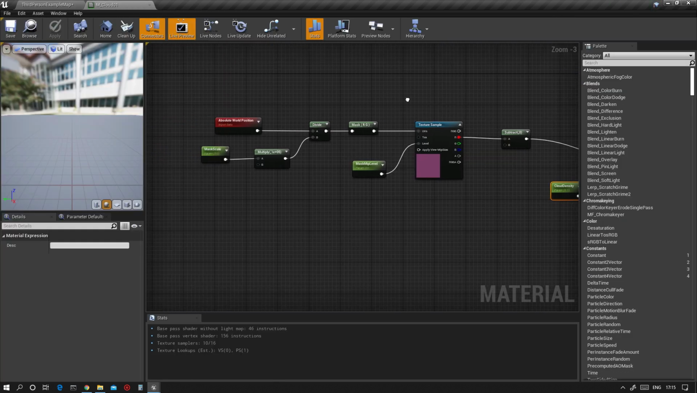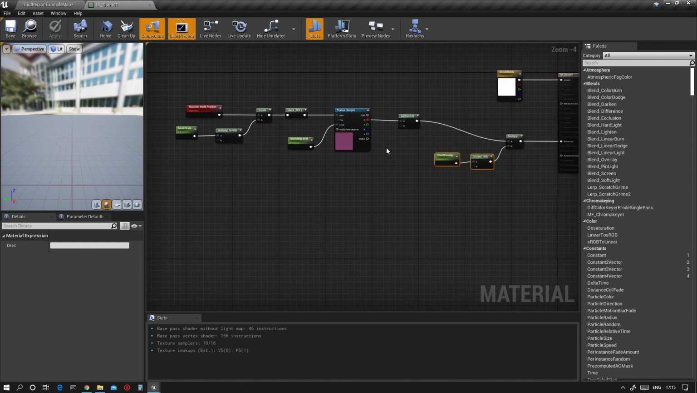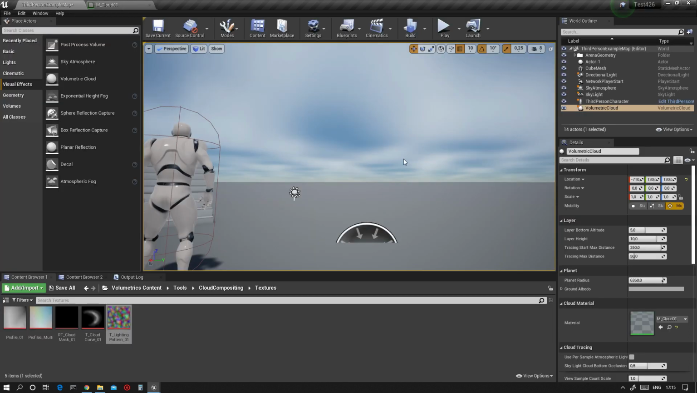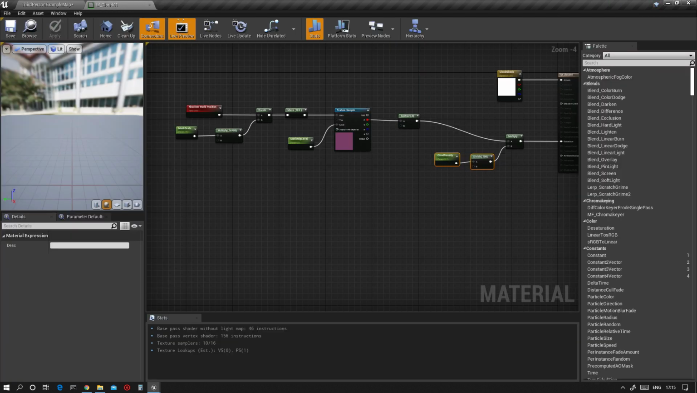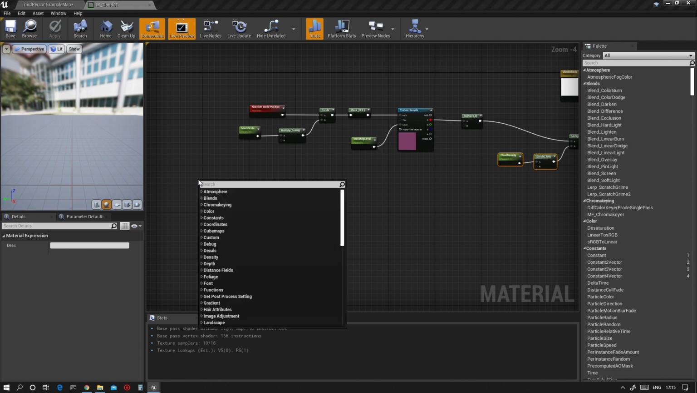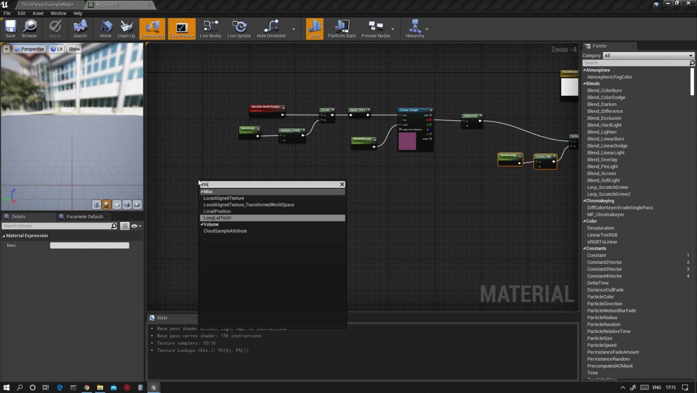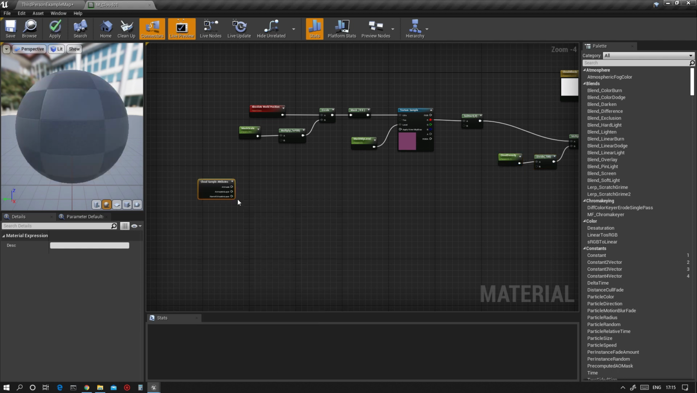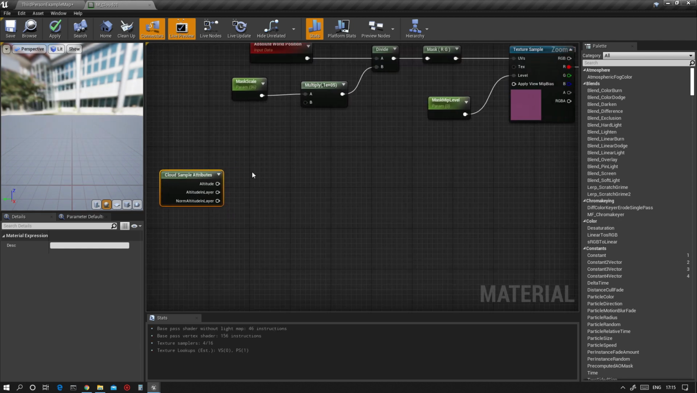Let's get back to our material. So we see that everything is working fine. Now we have to improve a little bit the cloud layer falloff at the bottom and at the top. For this, you have here some new nodes inside the material editor that start with cloud sample attribute, and we just need this one here, layer altitude in layer,